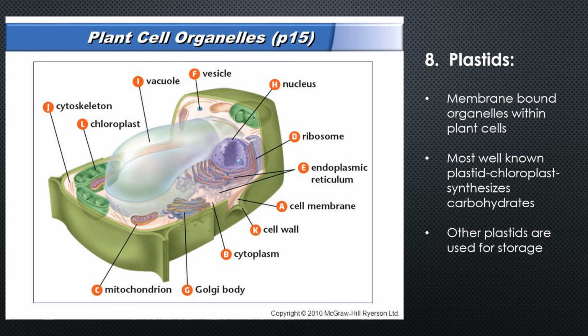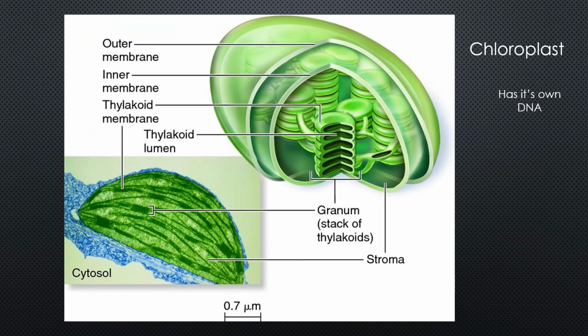But there are other plastids within plant cells, and I'll just briefly touch on those. But for now, let's get to know the chloroplast better. So let's take a look at the chloroplast and at the anatomy of a chloroplast. Just like all the other organelles that we've been talking about, it has a phospholipid bilayer, so that is right here. And then there are some other membranes within the chloroplast, and they're arranged in these discs that we see right